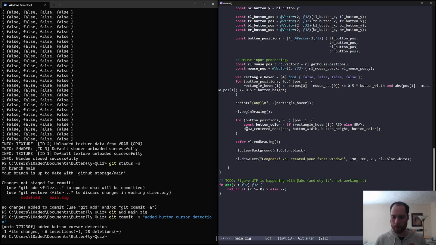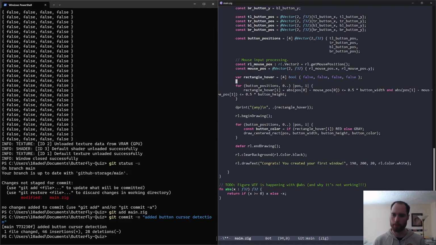Okay, so now that the heating is going down, we now just want to detect if a button has been clicked or not. So let's just create another array for this. So we can say